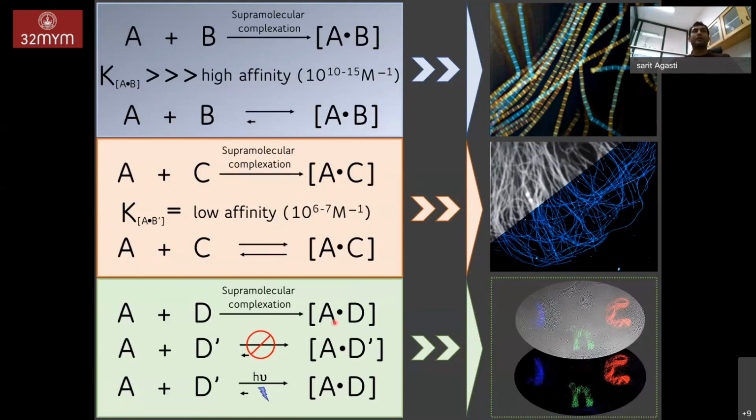And the third important aspect is that you can drive these molecular complex formations in a stimuli-responsive manner. For example, if you use light, then only the complex will form, otherwise it will not. That can be used to specifically form complexes at specific locations, in a spatial and temporal manner, to achieve imprinting of molecular information into the cell. For example, here you can see that we have imprinted the JNC logo on top of a cell, right? So these are the three important aspects which I'm going to talk about very briefly.